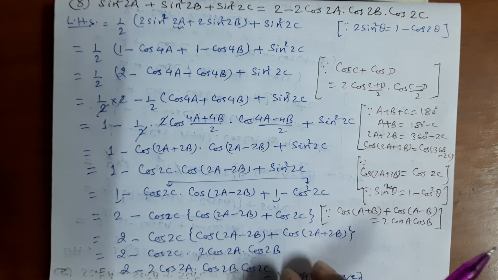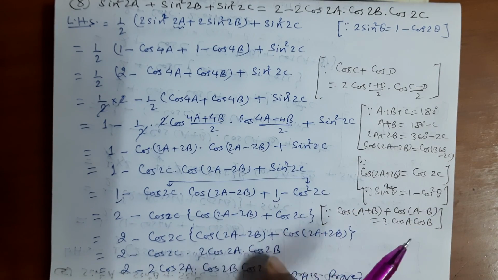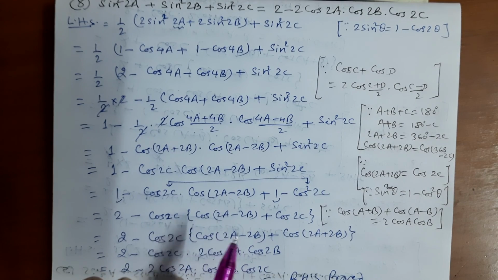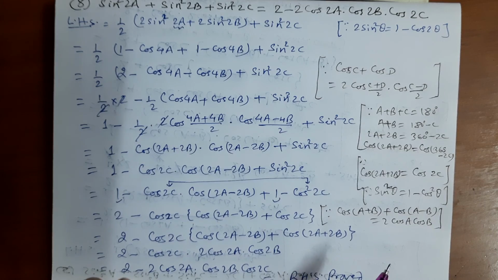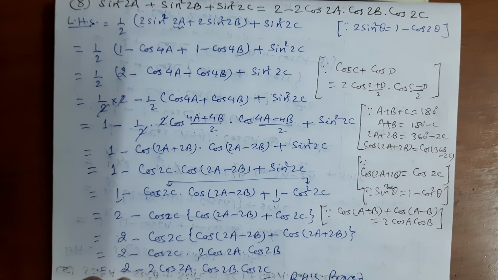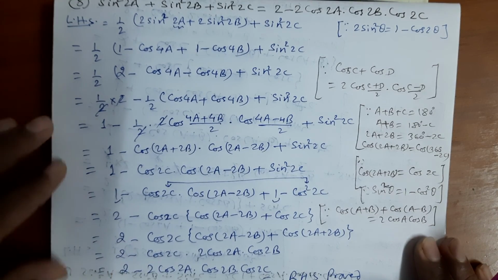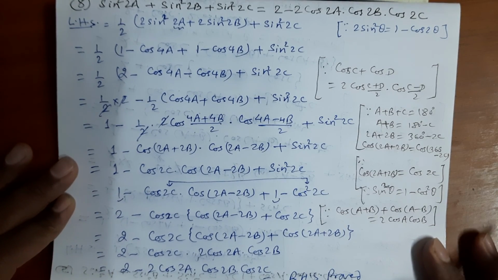Using this formula we can write this as 2 cos 2a cos 2b, and this 2 as it is, 2 cos 2a cos 2b, and cos 2c, we can write this equals the right hand side, proved. So in this way we have proved this conditional trigonometrical identity,